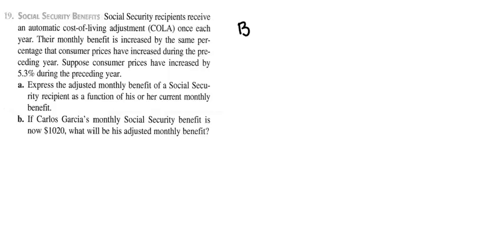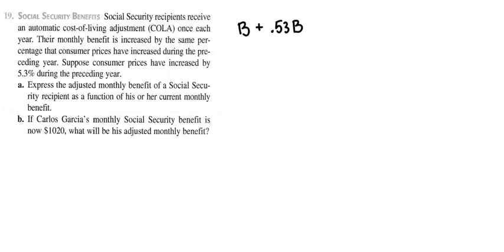So if we let B be the person's benefit from the previous year, they're still going to get that amount, but they're going to get something more than that. Now they're not going to get B plus 5.3% because 5.3% is a percent of something. It's not a value. It's not money in and of itself. So we need to give 5.3% of what they made last year in addition to what they made last year. And so that would be written as B, which was their original benefit, plus 0.53 or 53% of that original